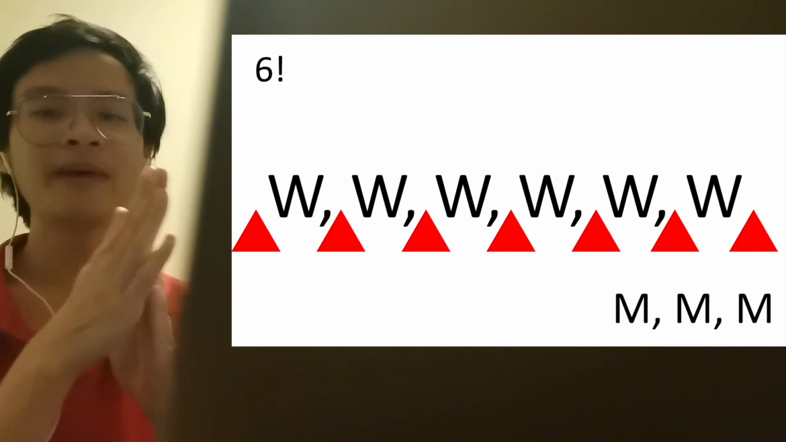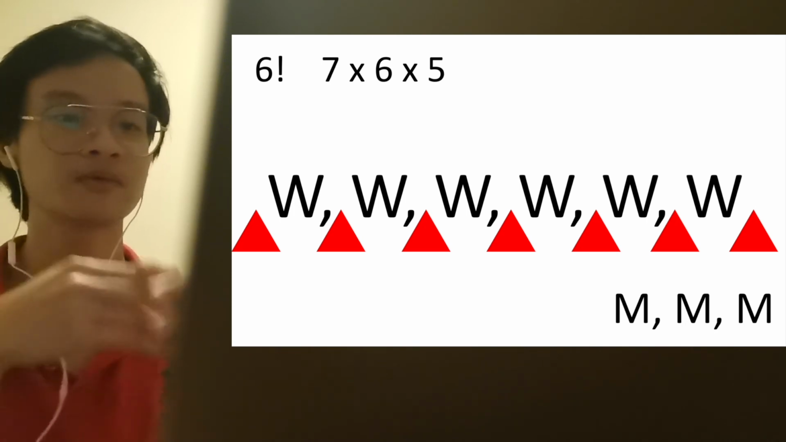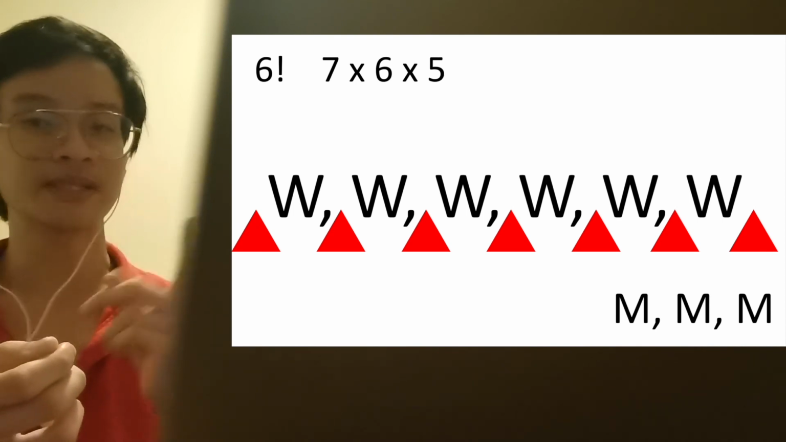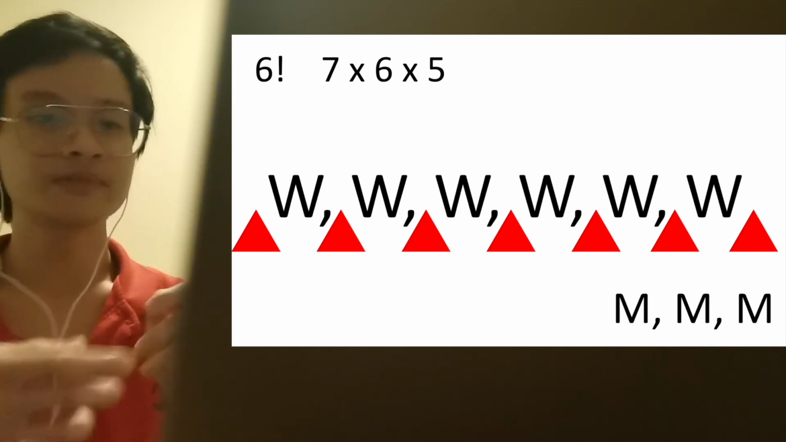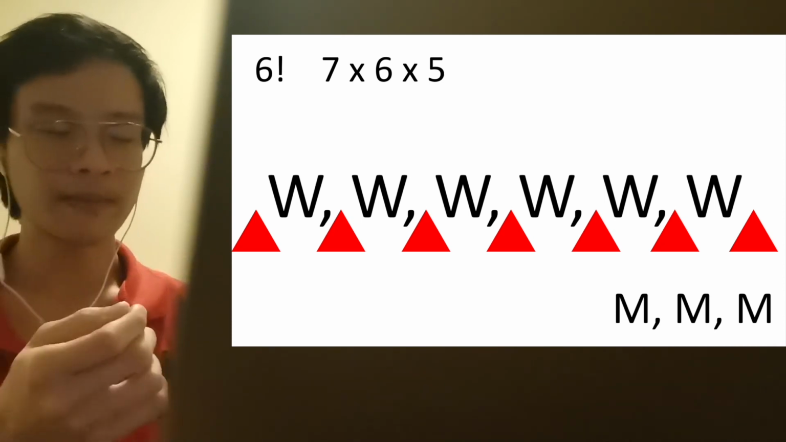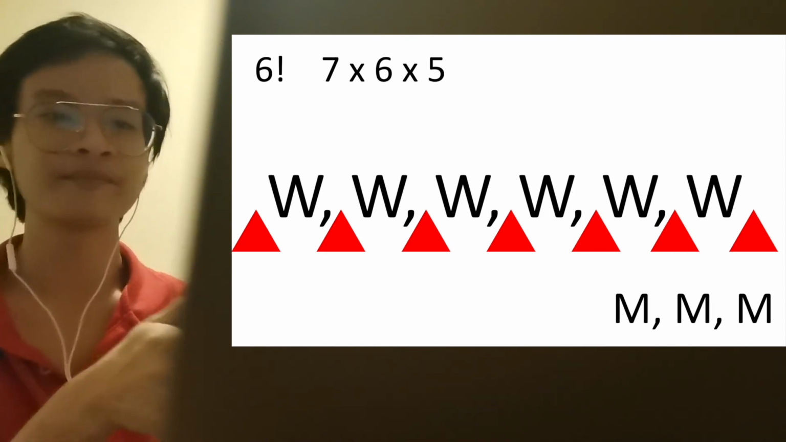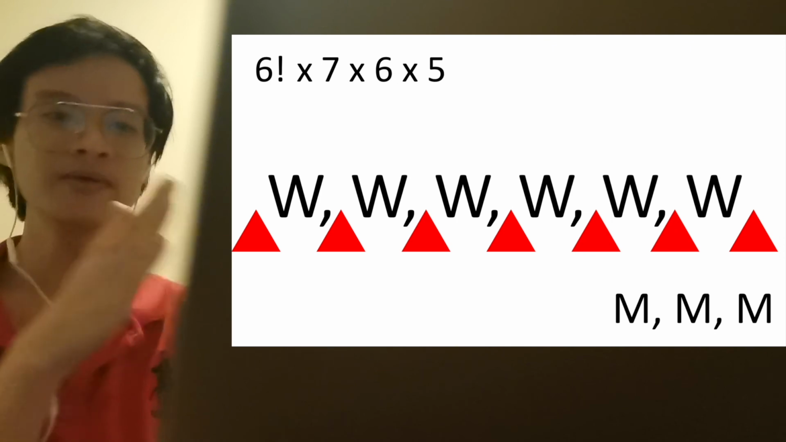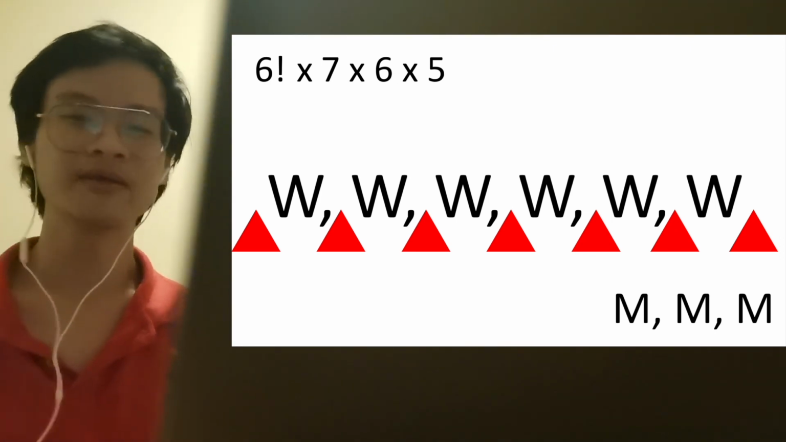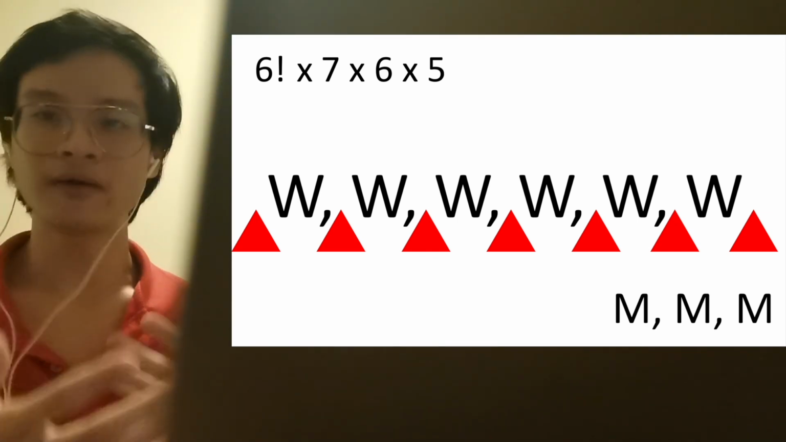Ask yourself, how many gaps can the first man go to, right? The first man can go to one of the 7 gaps. So 7. Okay, the second man can go to one of the 6, right? Because one has been taken by the first man. So the second man can take any of the 6 gaps left. The remaining man can take one of the 5 gaps left. So 7 times 6 times 5. Hence, altogether, there are 6 factorial times 7 times 6 times 5 different cases, right? Press the calculator yourself if you want the final answer, but I'm just showing you how to work out the